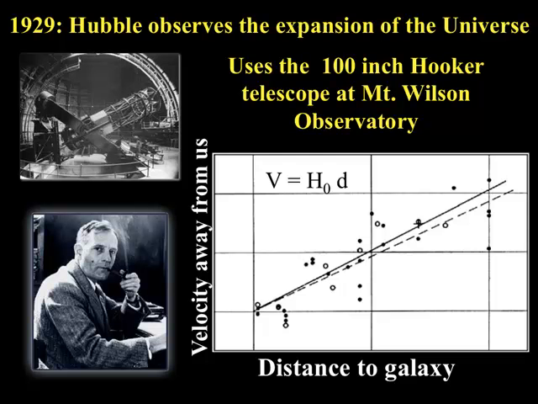to the galaxy as a function of the velocity of the galaxy, how fast it was moving away from us, he found that, first of all, it looked like all the galaxies were moving away from us. And the ones that were farther away were moving away faster. And this kind of behavior, this velocity versus distance function, is exactly what you expect in a universe that's expanding in the way that Friedman said Einstein's general theory of relativity should make it. So this, Hubble's observation that the universe is expanding,